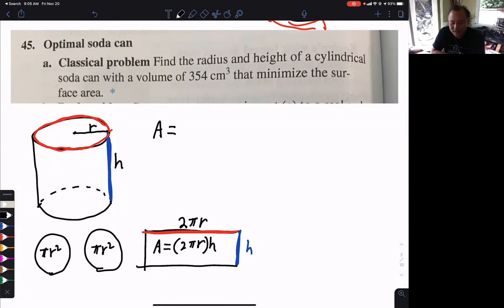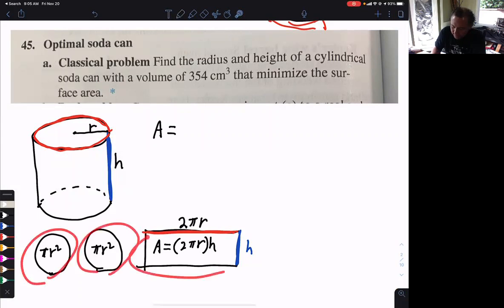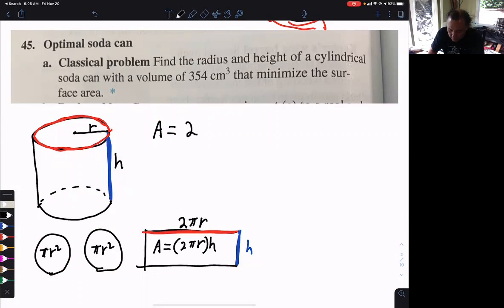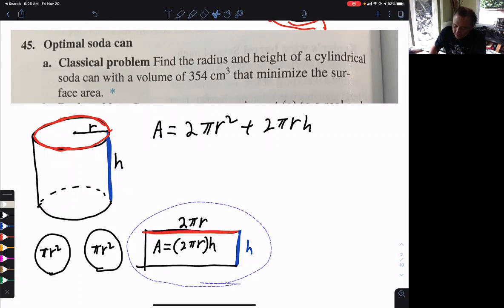So now I'm going to add these three things up. This plus this plus this is the surface area. So we're going to have two lids or two round parts. So 2 pi r squared plus 2 pi r h. And am I happy now? Kinda